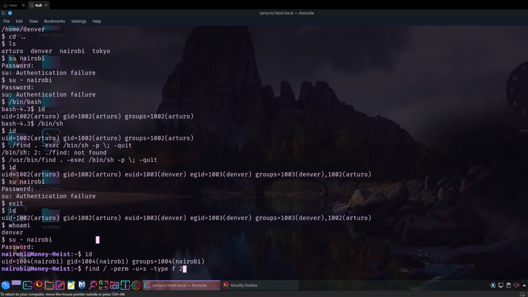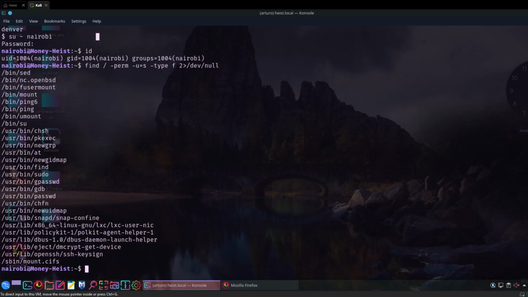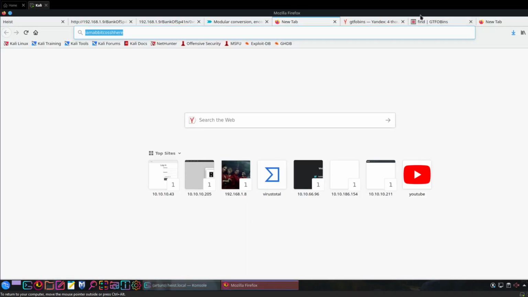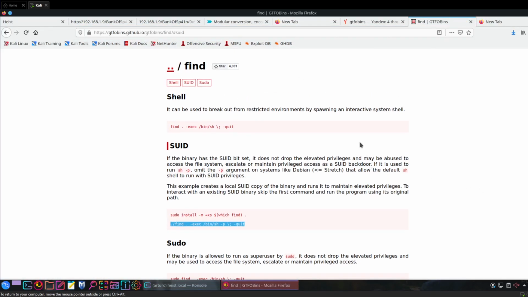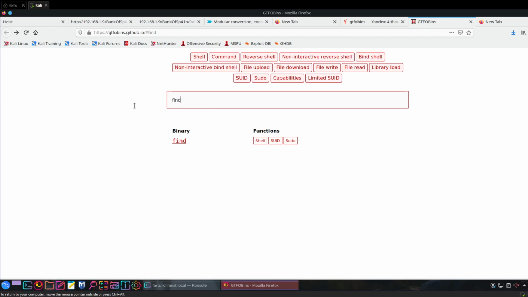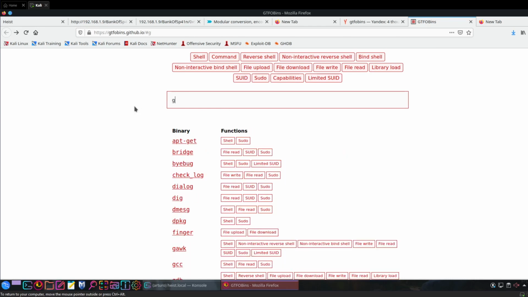Okay. So what do we have here? That's something that stands out. We have the GDB debugger. So GDB debugger has the SUID bit set. Let's go to GTFOBins and find if it has a workaround. GDB